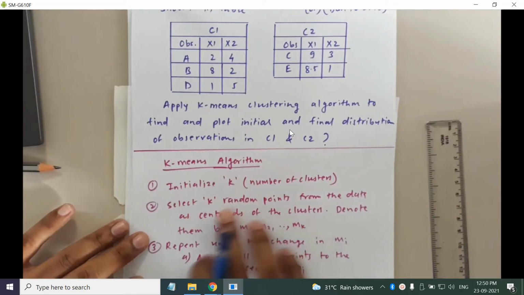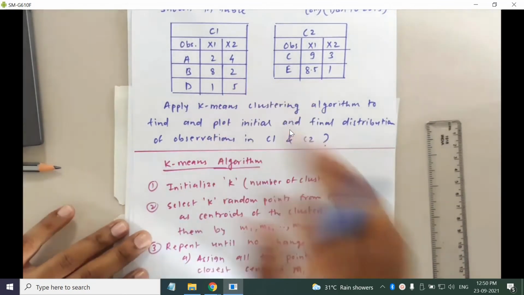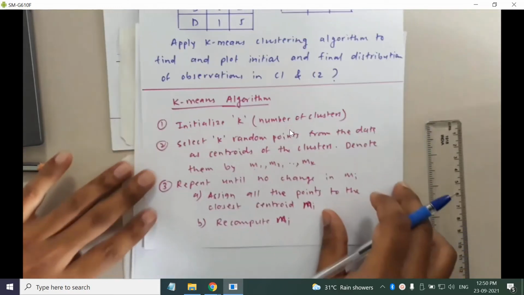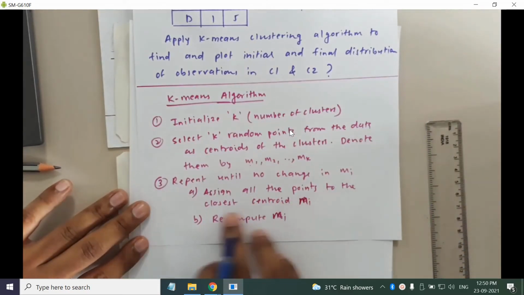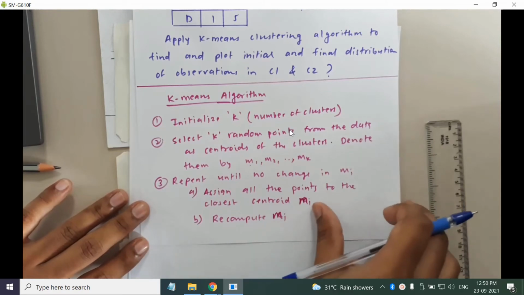This random point allocation is over because it is directly given in the problem. Second one is assign all the points to the closest centroid mi. Okay, so let us find out the centroid of these clusters. Given cluster,